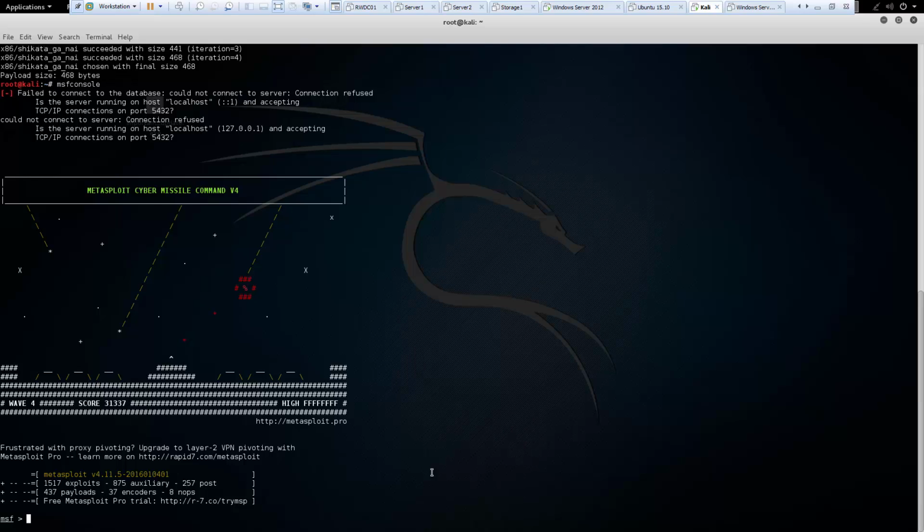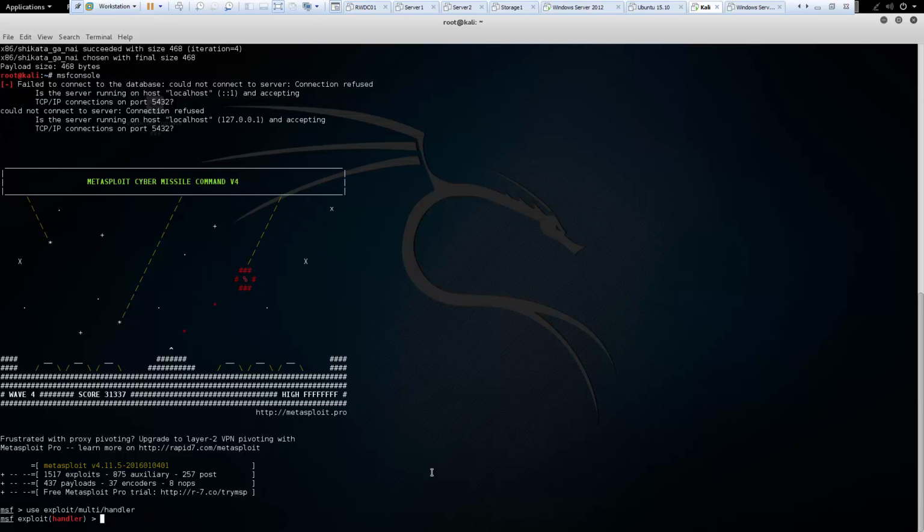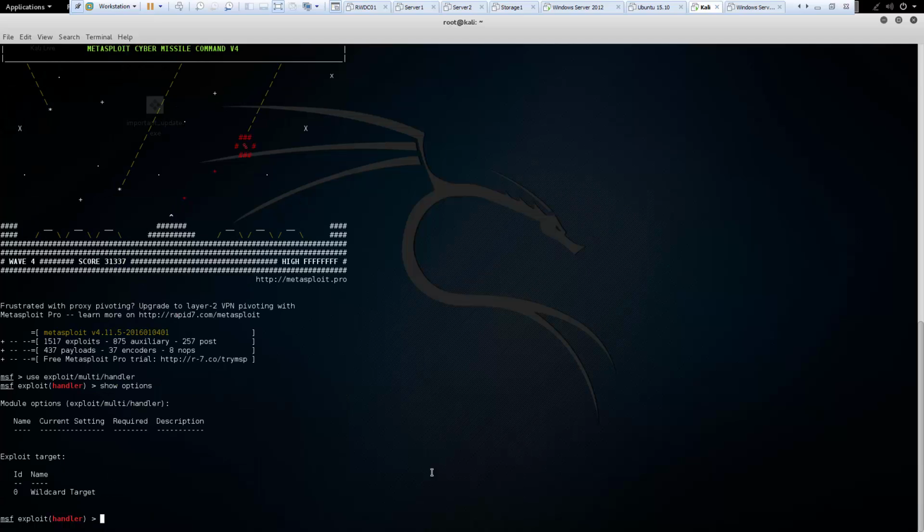So to do that, we're going to use an exploit handler. So use exploit, it's a multi/handler. And if we just do that, and we do a show options, you'll see we don't have a lot of options. So once we do that,